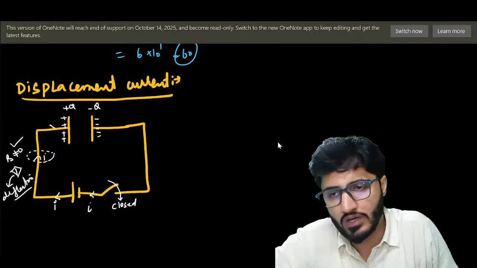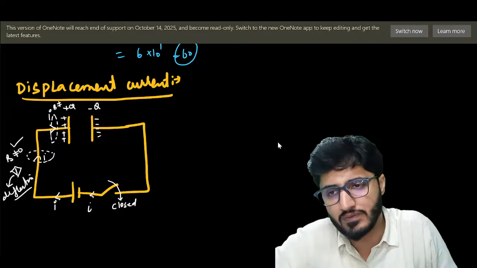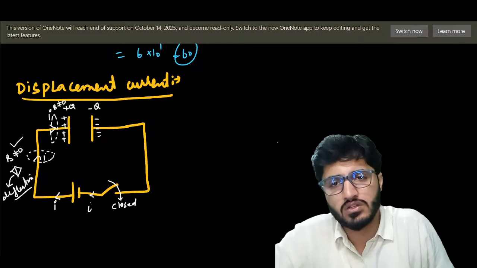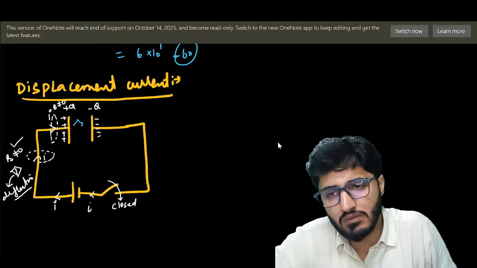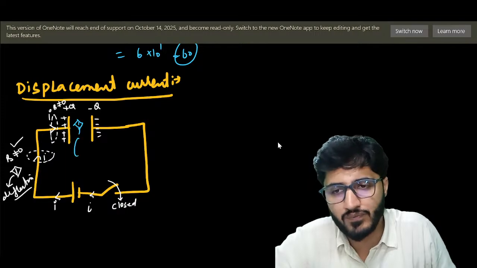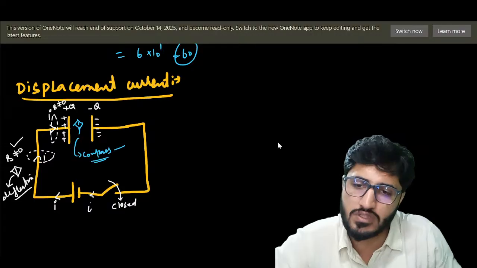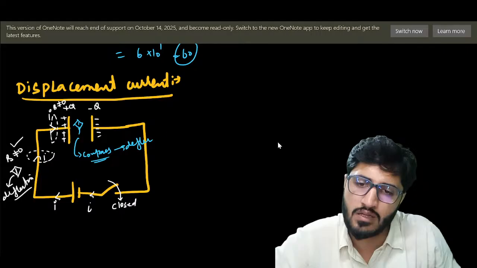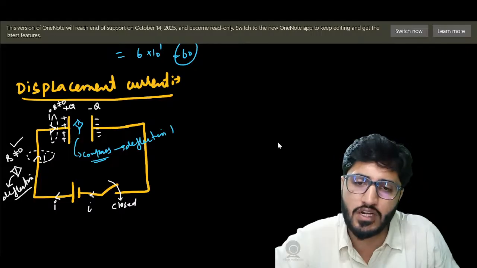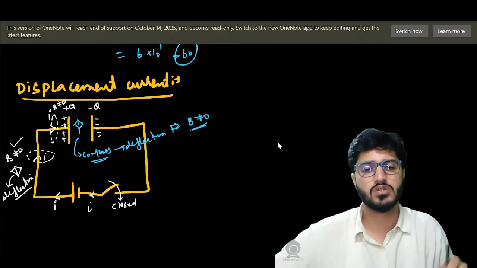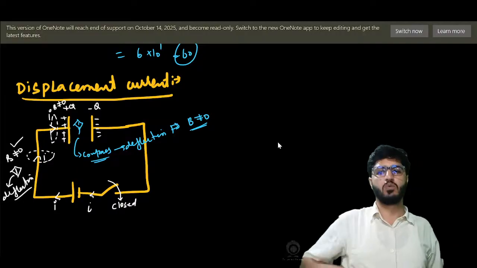Look here, current I is flowing. Now make an Ampere circuital law loop. So here B is also present. Now the third step is we place a compass here. The compass shows deflection. That means inside also, B is present. So what is the cause for B?